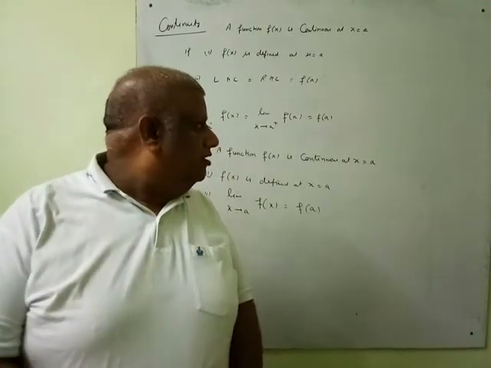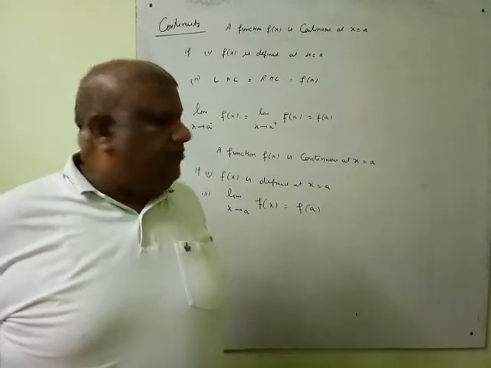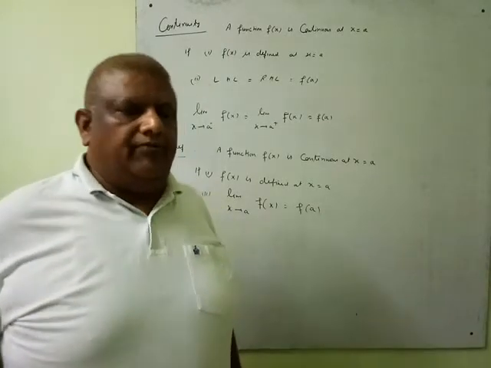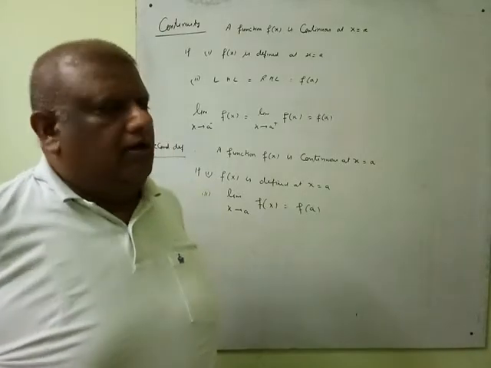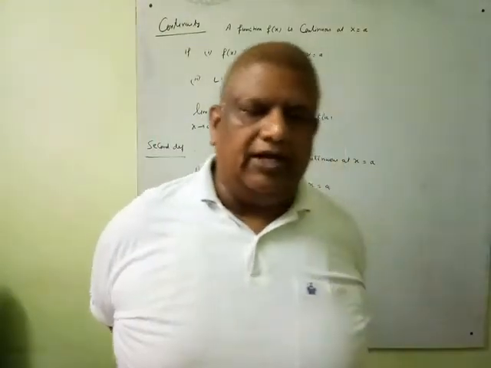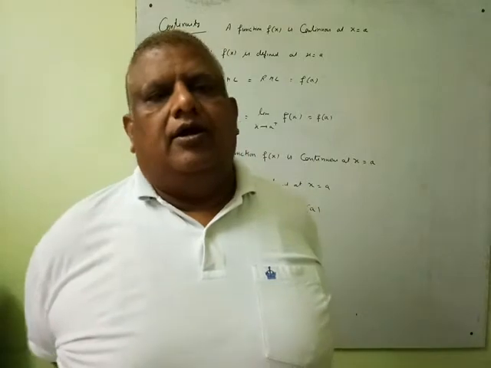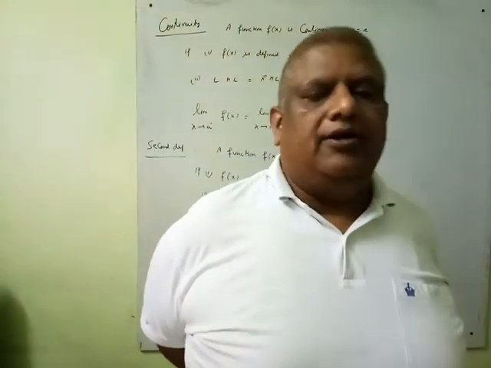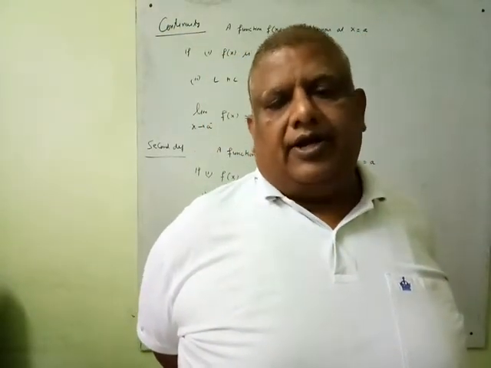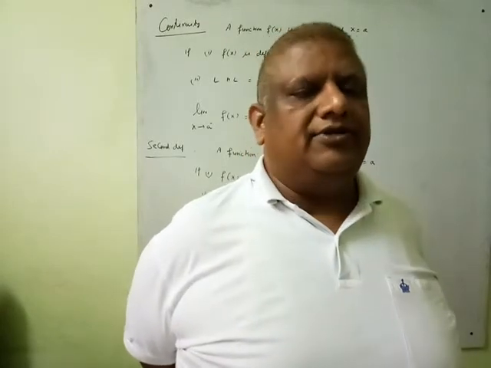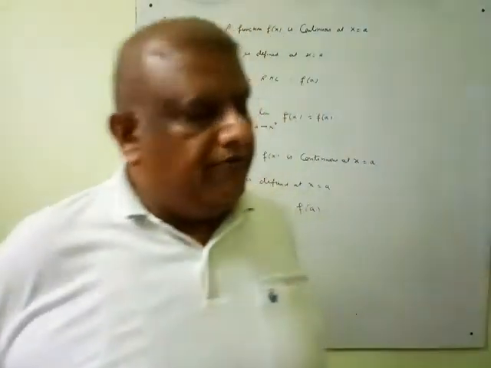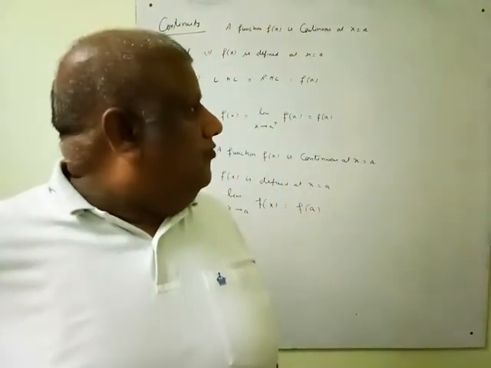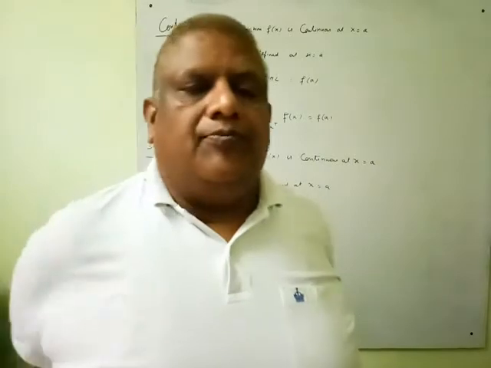Dear students, today we will study chapter number 5, continuity of a function. We have earlier studied in class 11, chapter number 13, existence of limits, left hand limit, right hand limit. A limit exists at a point if its left hand limit and right hand limit are equal. Proceeding further, we find continuity of a function at a point.